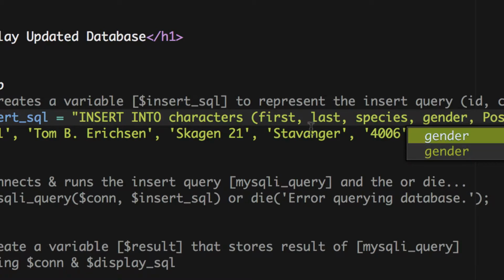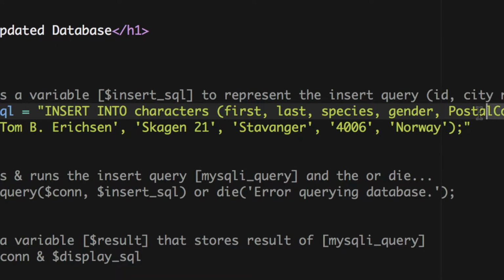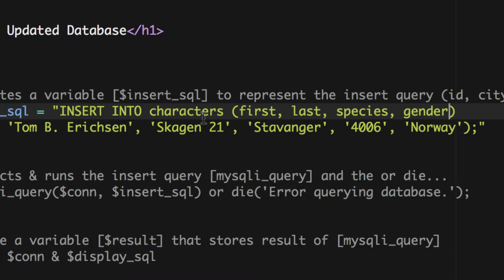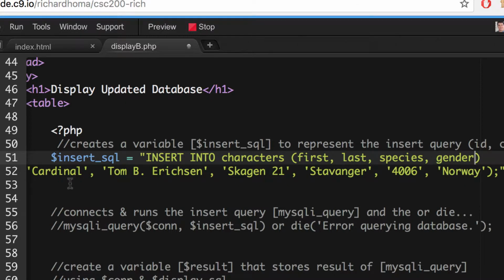So I'm going to get rid of all the other ones here at the end of this parentheses, and I'll just end it with gender. So we're going to have four here: insert into characters, first, last, species, and gender, and it should do the ID and the city automatically. So we're going to skip that. Now what we're going to put down here,